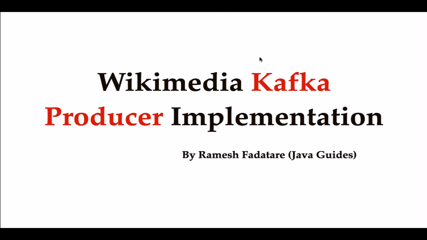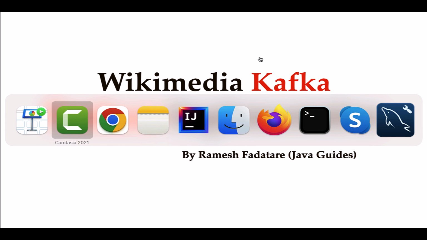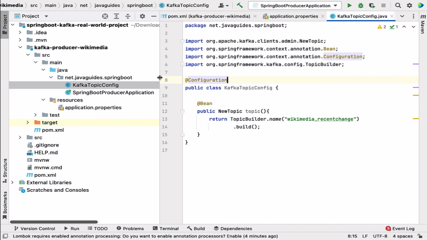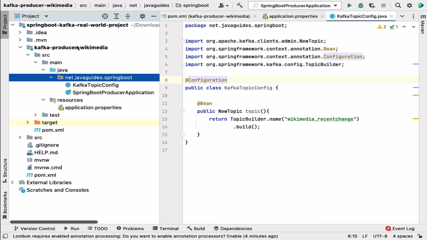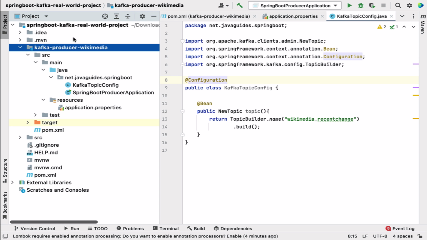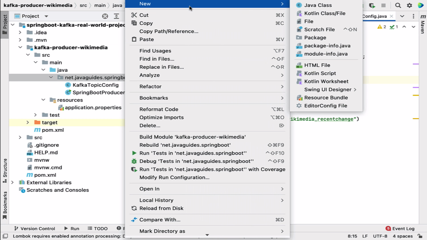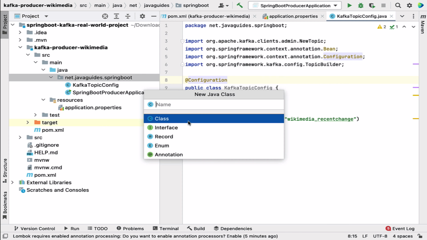Hi, welcome back. In this lecture we will start implementing the Wikimedia Kafka producer. So let's head over to IntelliJ IDEA and go to the main package. Look here, we are in a module, not in a parent project. So go to the main package, right click, new, and then choose class. Let's give the class name as